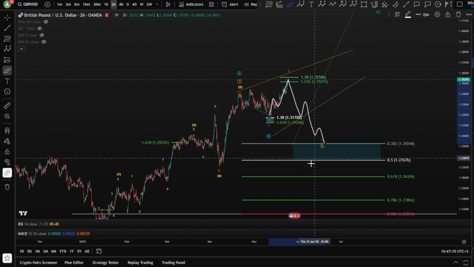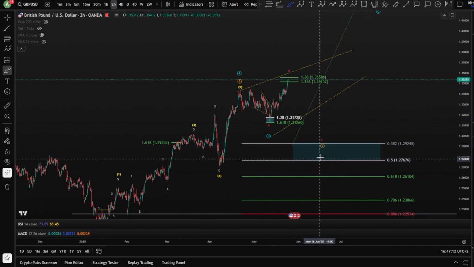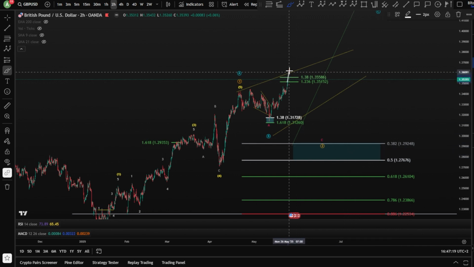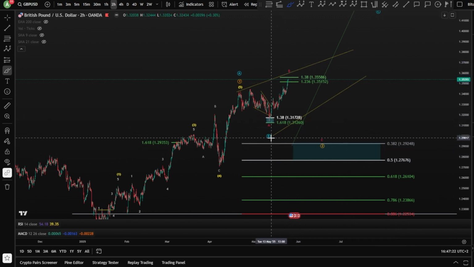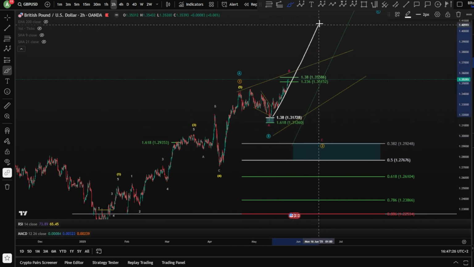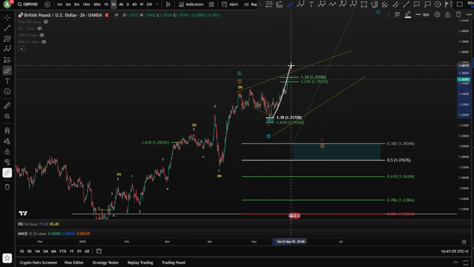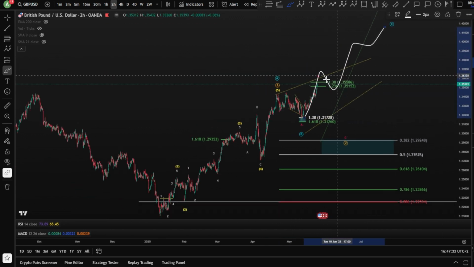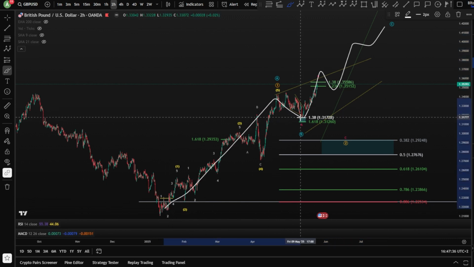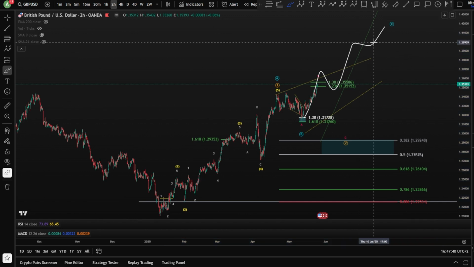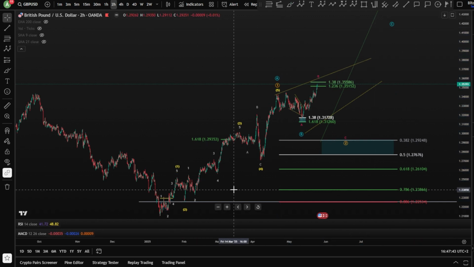And then moving impulsively toward the downside for a wave C here to potentially finish a wave 2 between the 0.38 and 0.5. If we overshoot the 1.38, then you have to make sure that you are in a wave B here. You are looking for a massive wave C toward the upside, unfolding an impulse, a 1, 2, 3, 4, and a 5. Very bullish, but at the end, it's going to end up as a corrective wave, ABC, which is going to drop down later on again to lower parts.